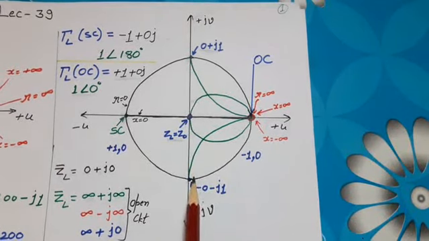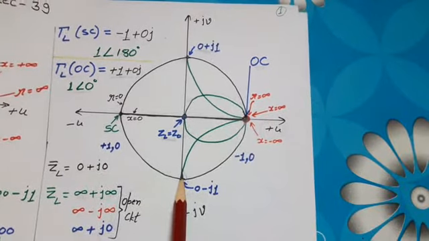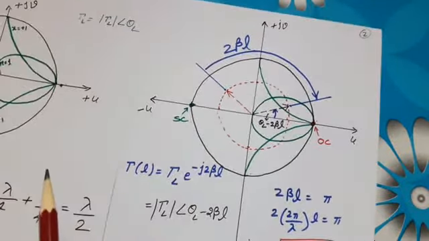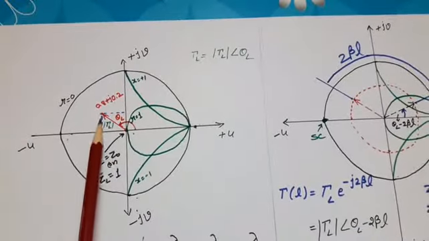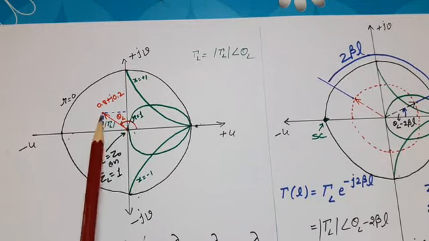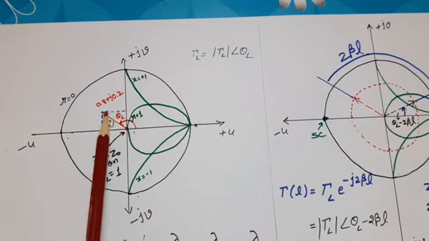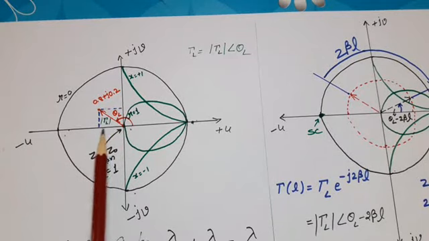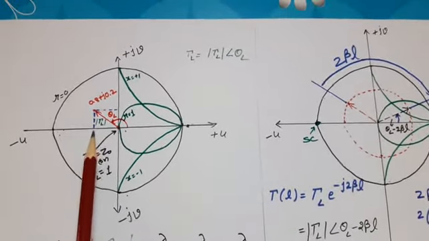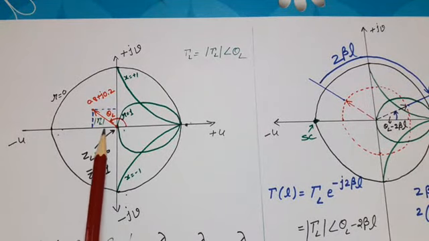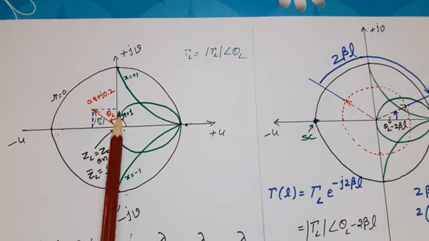If we want to calculate gamma L for normalized load impedance 0.8 plus j0.2, as we have already marked this normalized load impedance here, if we want to write gamma L for this point, then read the value of U for this point and the value of V for this point. As we do not have here an exact Smith chart and marking is not done on the horizontal axis, we can't tell the exact value. But suppose we had a real Smith chart, then it's very easy to read the parameters U and V for this point.